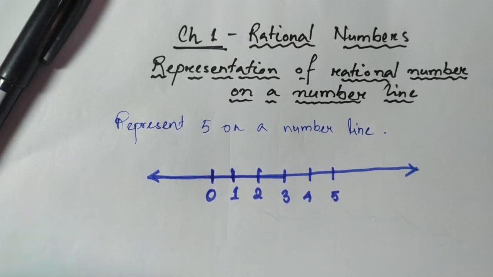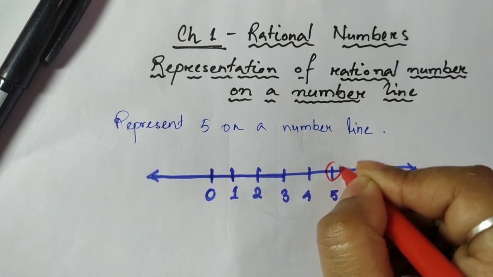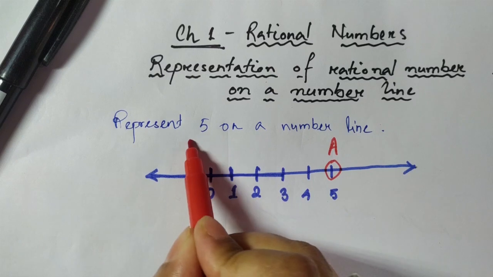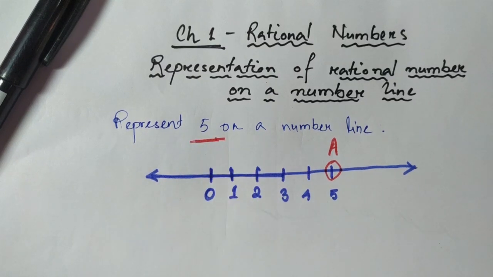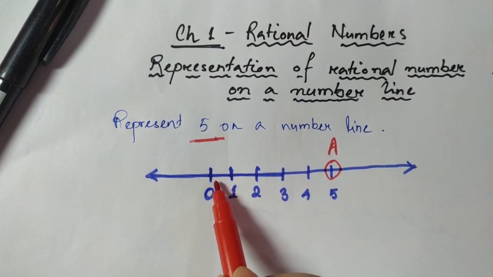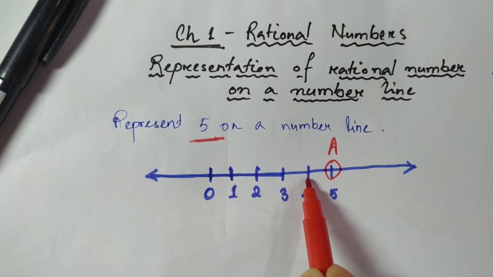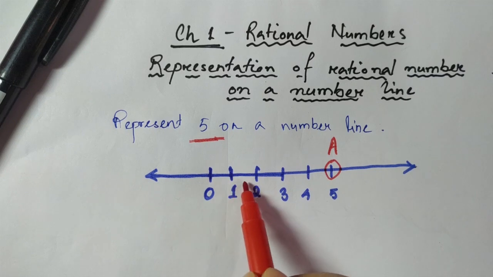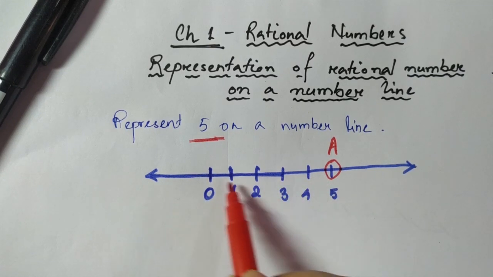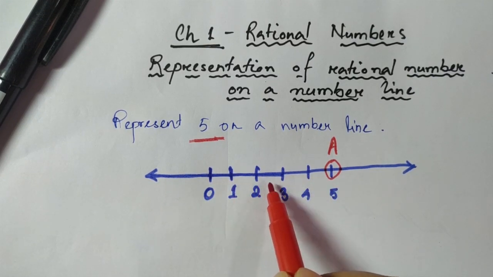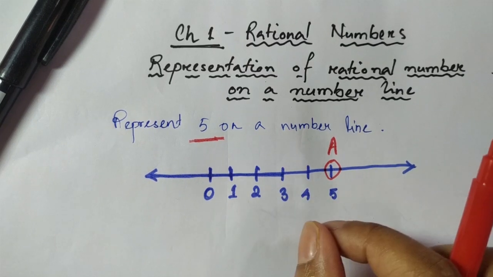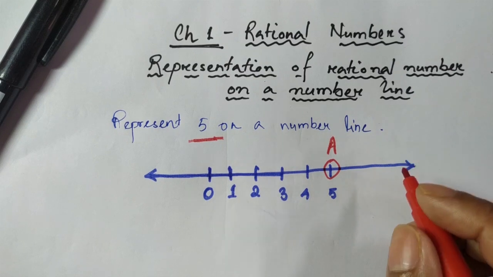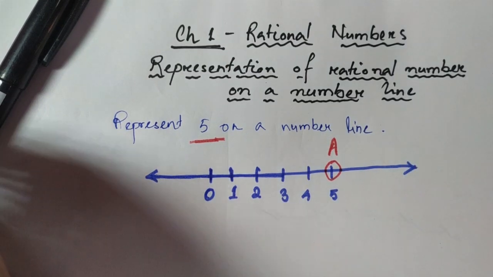You can see that this particular point, say this is point A, represents the number 5 on the number line. Students, please see that the gaps between these numbers should be equal. You don't have to measure it exactly, but you make it look equal. The gaps between 2 and 4 should not be a bigger gap and again a smaller gap. It will be wrong otherwise. Now in the same way you can also represent integers.